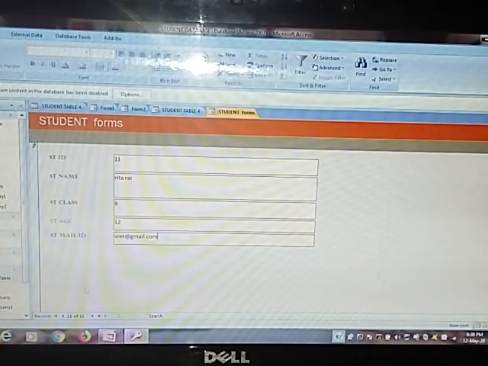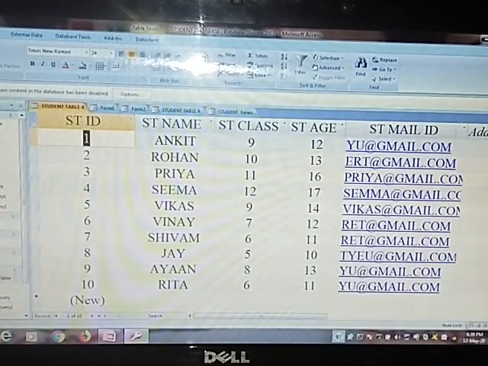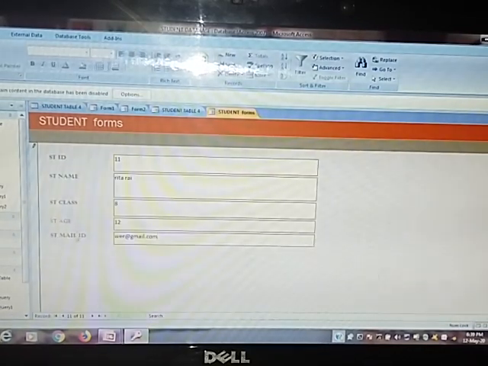That means we have 11 records, and you can see these records in your table also. So when you click on the table, it will show Rita, it's 11 of 11.